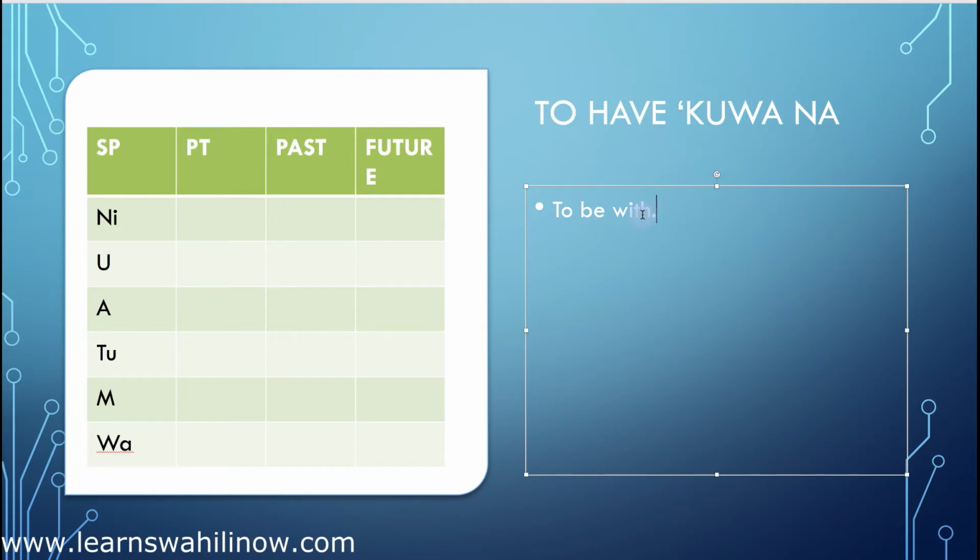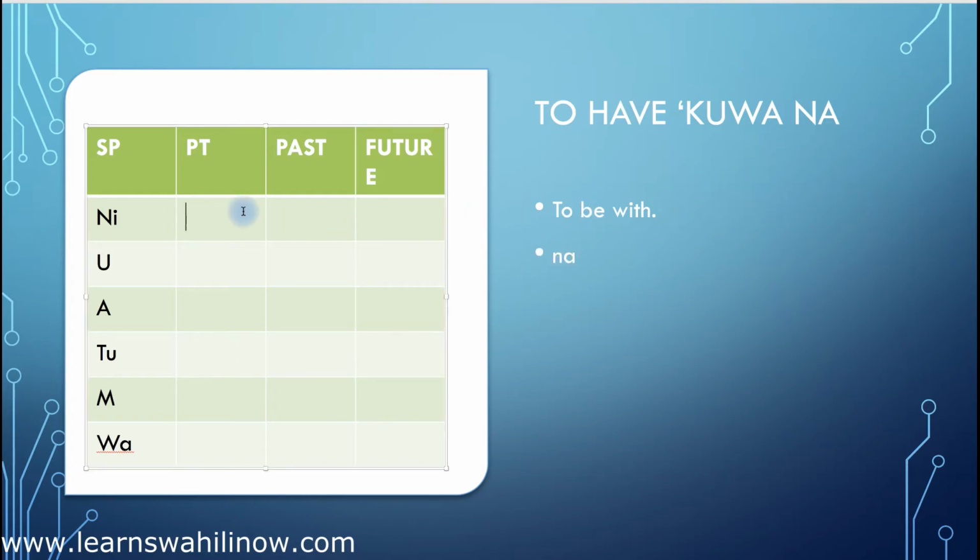So I have a little chart here with different subject prefixes for I, you, he or she, us, y'all, and they. Again, I cannot emphasize enough how important it is to memorize these subject prefixes because, as you can see, they show up everywhere. In the present tense, what you simply need to do is add na to the subject prefix. So it would be something like Nina,